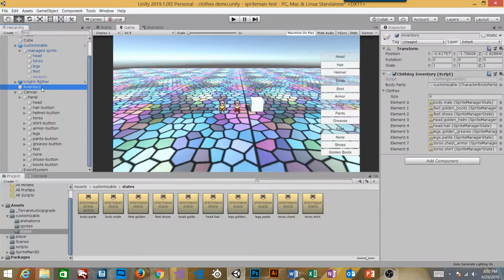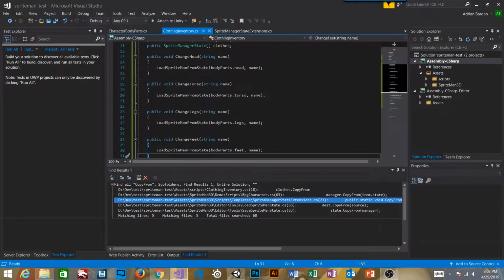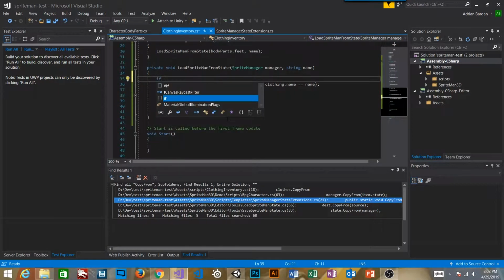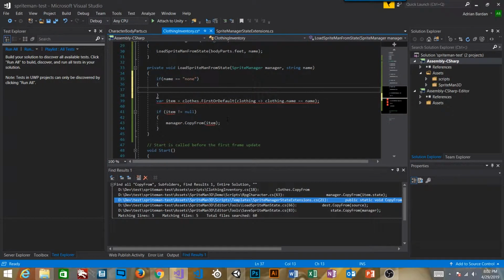And in our script, we're going to add a little bit of extra logic for something that says if name is equal to none, then what we really want to do